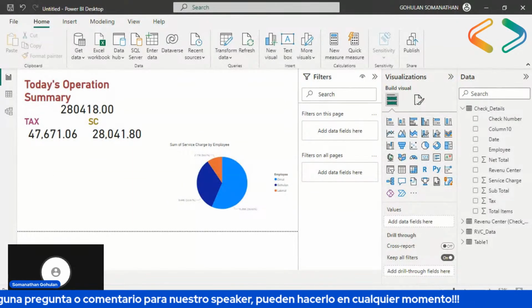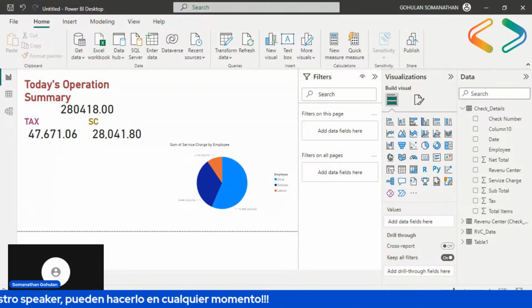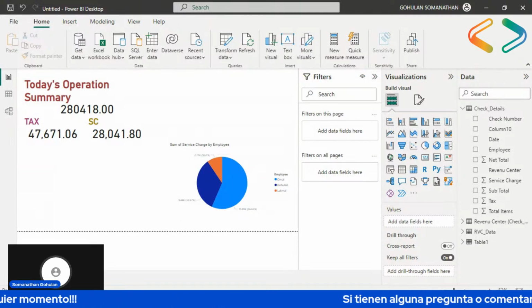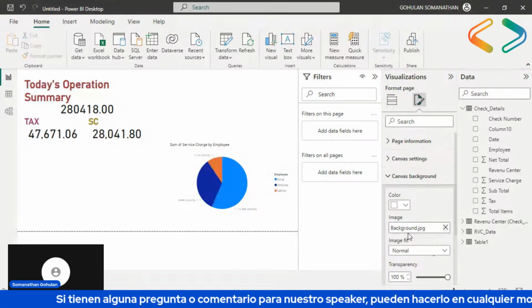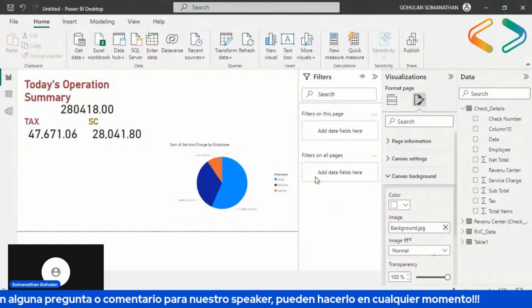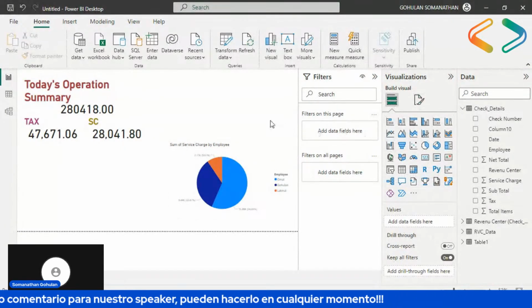Yeah, I can show you why. The background should be normal. Hmm, the background is still not available.